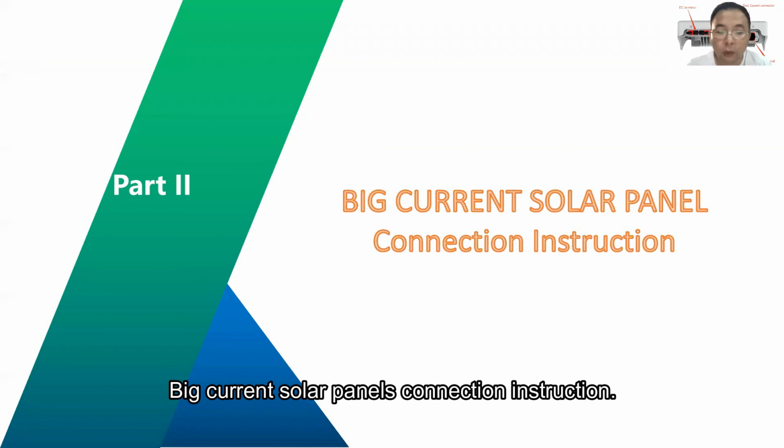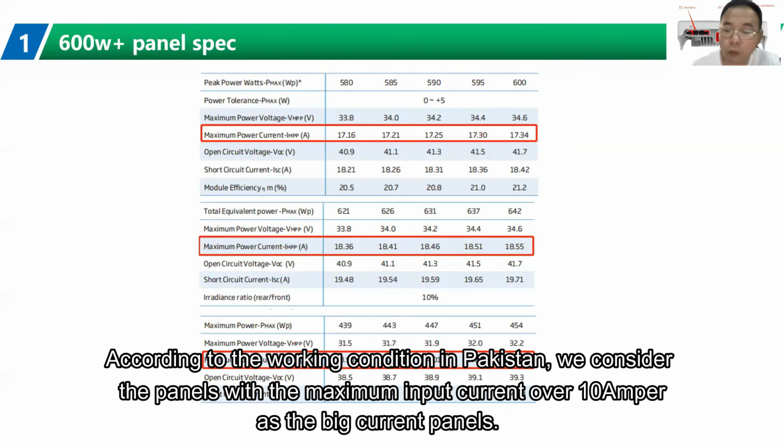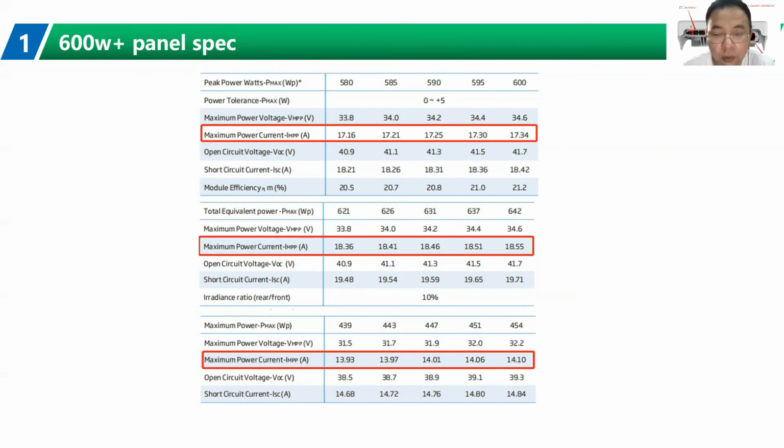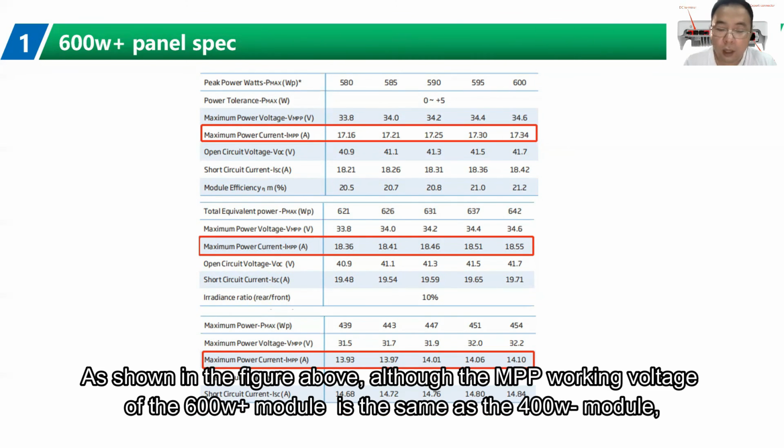Part 2. The big current solar panels connection installation instruction. According to the working condition in Pakistan, we consider the panel with maximum input current over 10 amps as the big current panels, not over 13. Over 10. Let us discuss the specifications of the panels first. As we know,